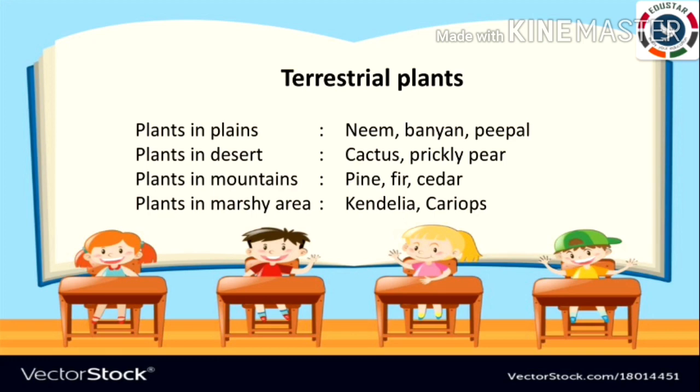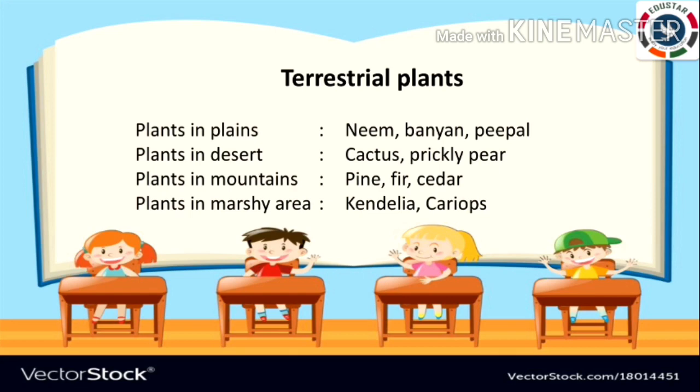Pine, fir, cedar, spruce are plants that grow in mountain region. These types of trees are tall, straight and thin. They are usually flowerless. Their leaves are thin and needle-like. The leaves have few stomata to prevent loss of water. The leaves have waxy coating to prevent damage from snow.